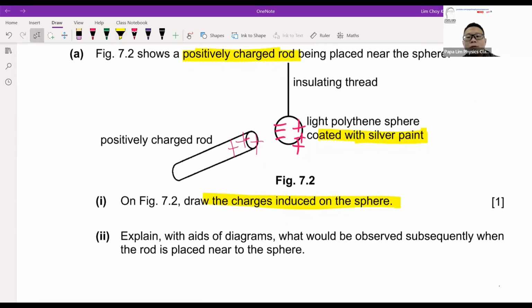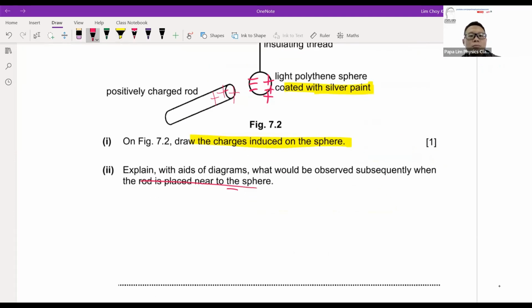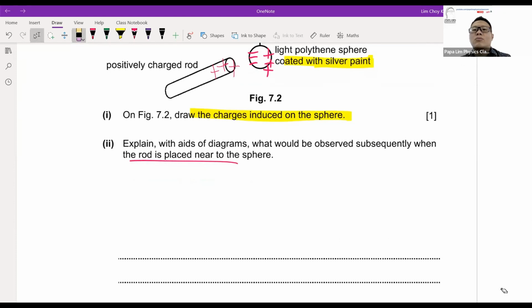Now, with the aid of a diagram, explain what happens when the rod is brought near to the sphere. I would say we can break this down into different stages. At the beginning, it is far away. At stage 1, the rod and the sphere are side by side, beside each other, or near each other. At this point in time, you'll find that the attraction force between